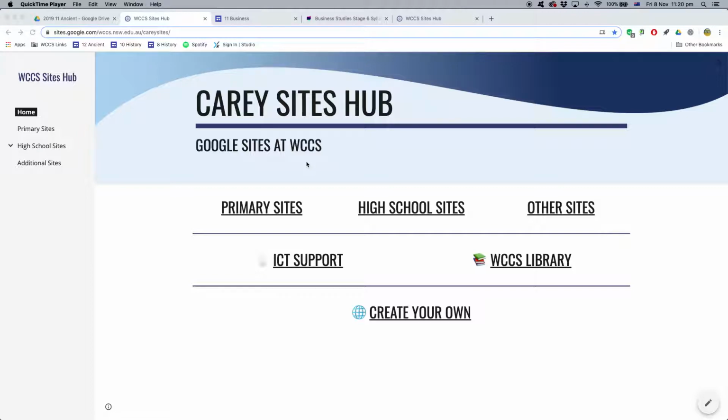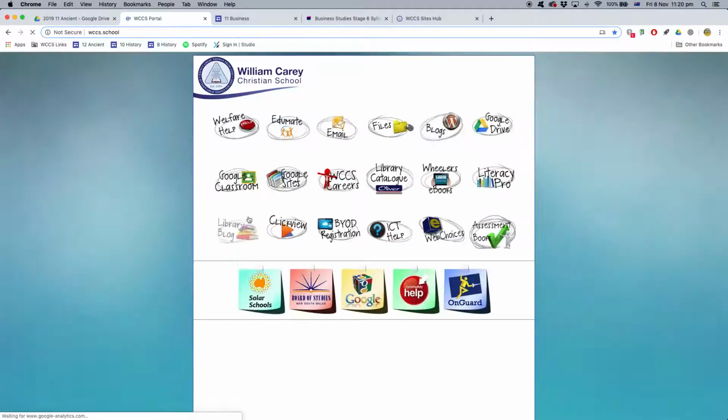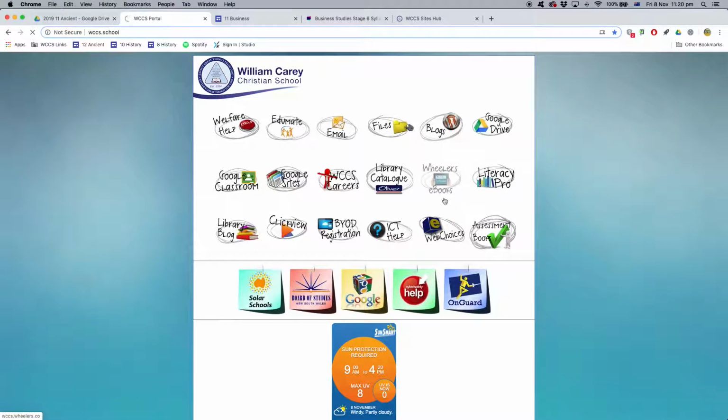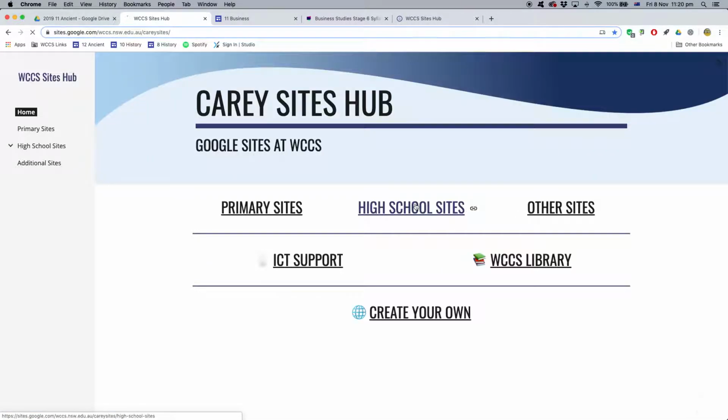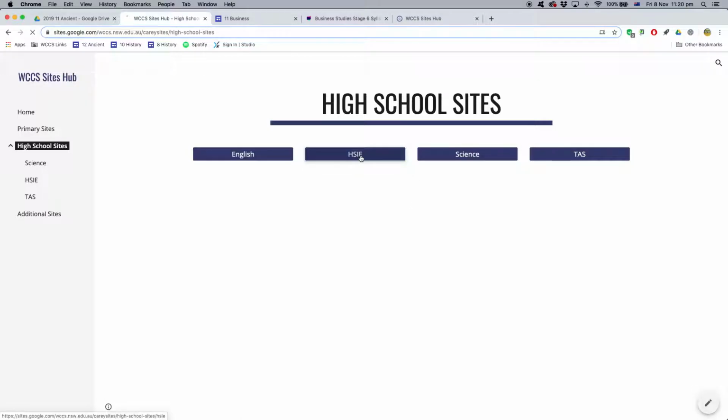You've seen a history site. I want to show you a geography site, and then I will go through a syllabus with you that will help you identify some stages and different ways to format your Google Slides. So in the WCCS hub that you can access through the portal, in high school sites, I want to take you again to HISI,